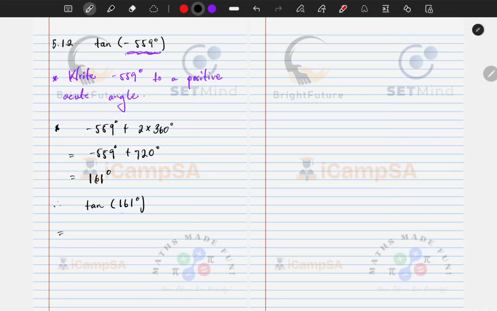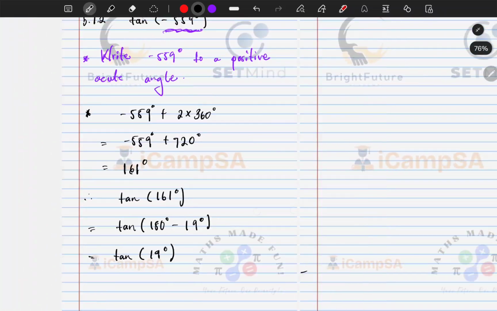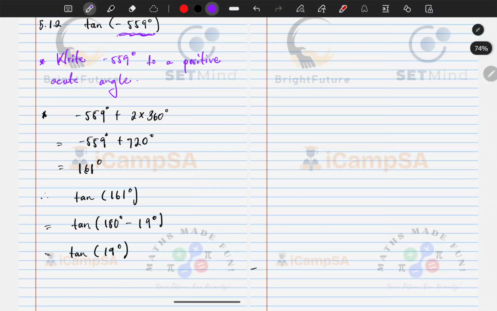So in this case, we can write this as tan of 180 minus something. For us to get 161, we can just say 180 minus 161, it's going to be 19. We are still dealing with degrees, so it's going to be 19 degrees. So this is going to be your tan of 19 degrees, which then takes us back to